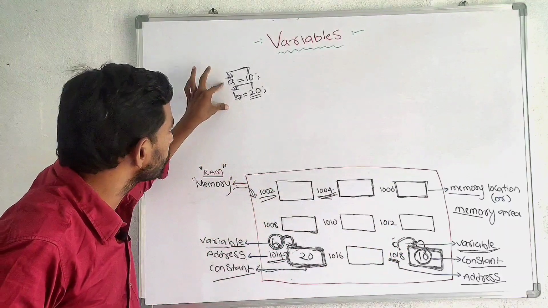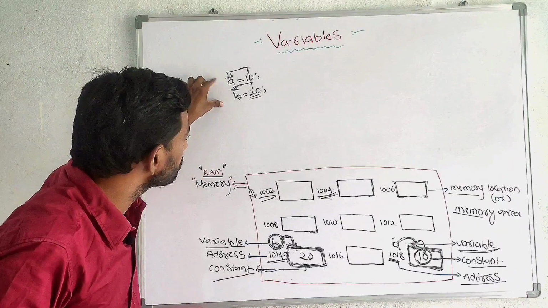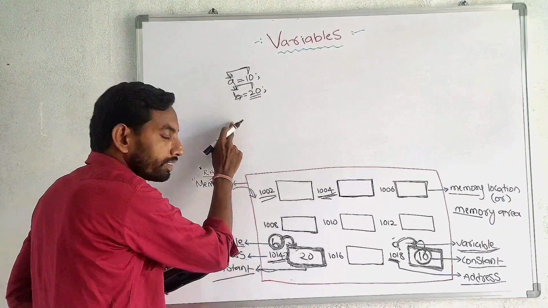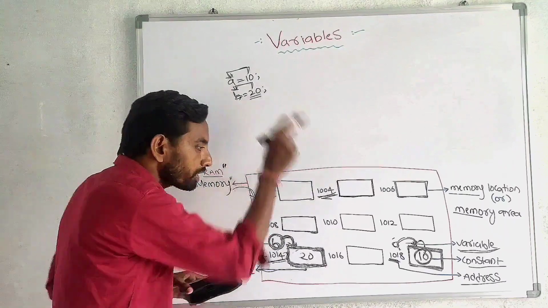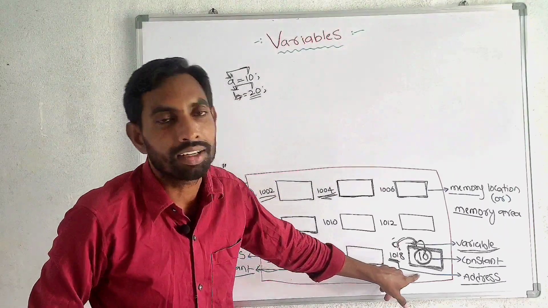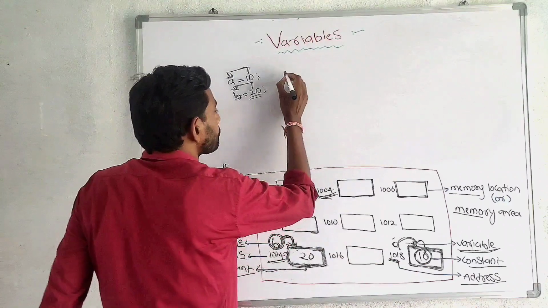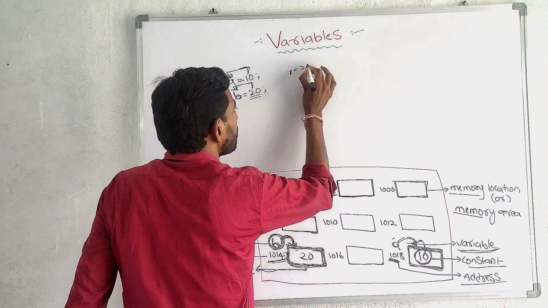When we declare like this, with A is equal to 10 and B is equal to 20, these values and variables can be stored inside the computer memory like this. Right? If you take another example,